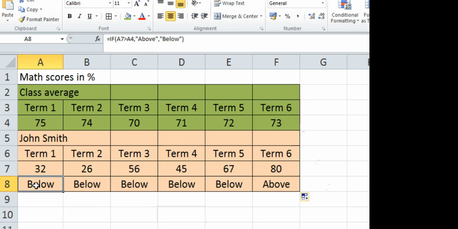Okay, so to do that we've used an if statement. So if you have a look in that cell in the formula bar there, you can see the if statement. So quite simply put, if cell A7 is greater than cell A4, then the first statement is true, so this would be the true, then he would be above his target. The second statement there would be false, so if he's not above the target of 75, then we should see